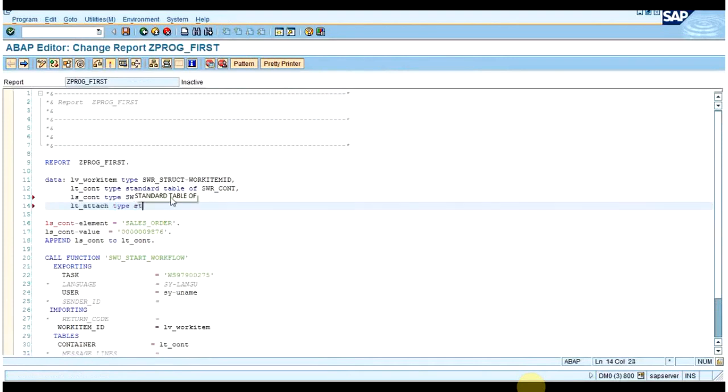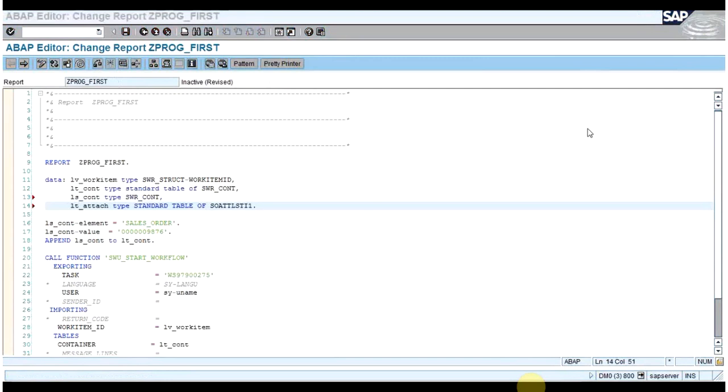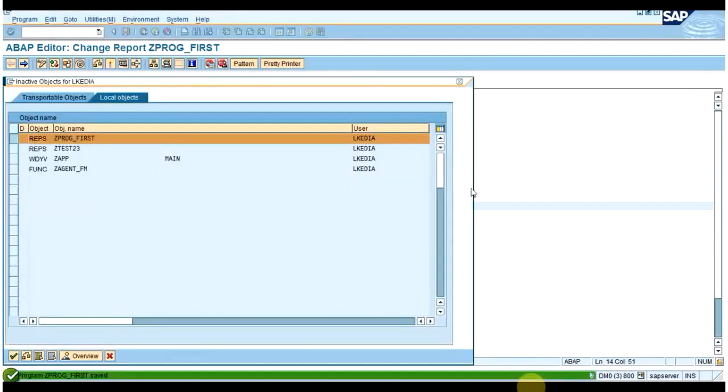Now here I'm just declaring the variables. I will be passing the sales order number to that particular workflow, and that sales order number will get saved in the database. I'm just showing you how to pass the container elements. It can be more than one, but since my workflow contains only one element, I will be passing one.